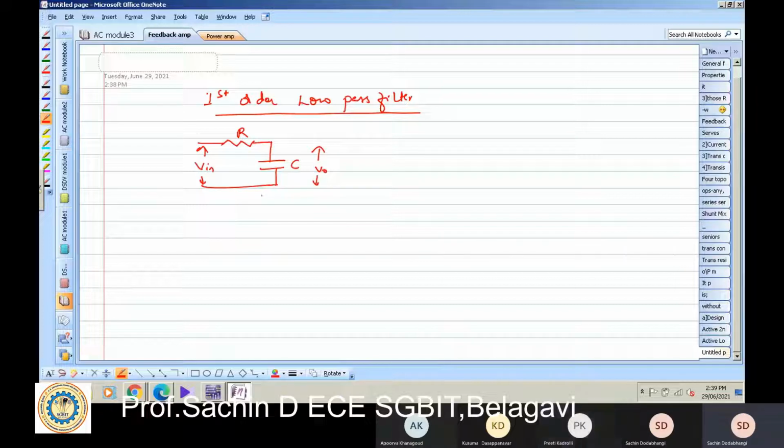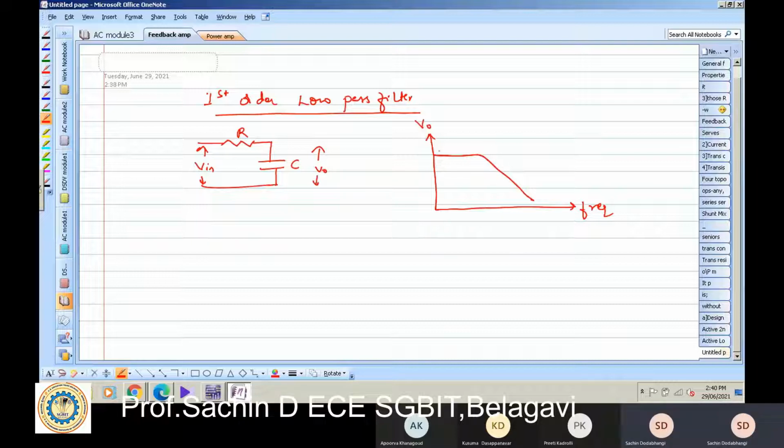Yes, sir. Okay. For a first order filter we use only two components, R and C, resistor and capacitor. Coming to the low pass filter, it passes only low frequency signals. Along the X axis I am taking frequency, along the Y axis output voltage. It passes only low frequency, so output voltage equals input voltage. Low frequency is passed and high frequency is attenuated.